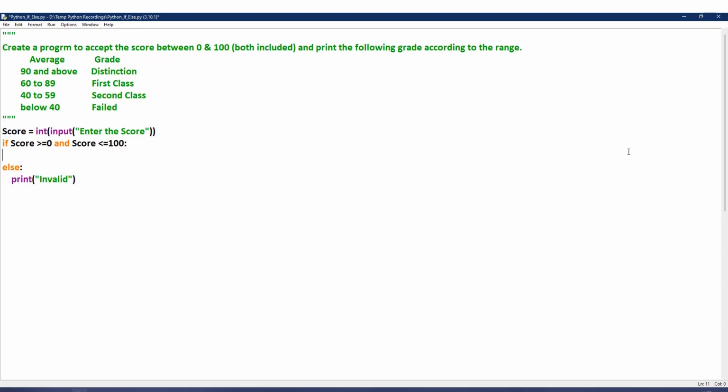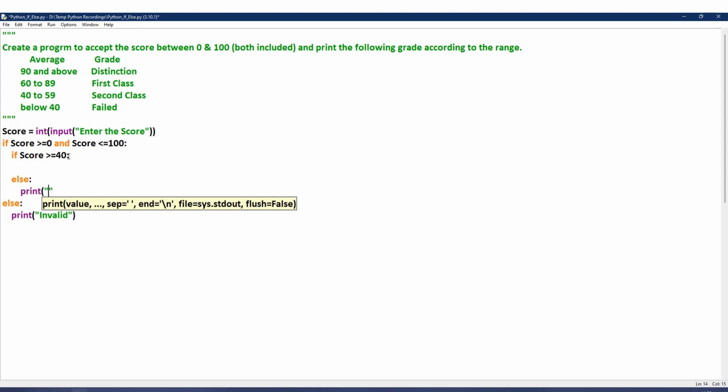When this is a valid mark, it goes to another if condition, checking whether score is greater than or equal to 40. When the score is greater than or equal to 40, it goes to check the other level. Else it is going to be failed, so I just print failed.